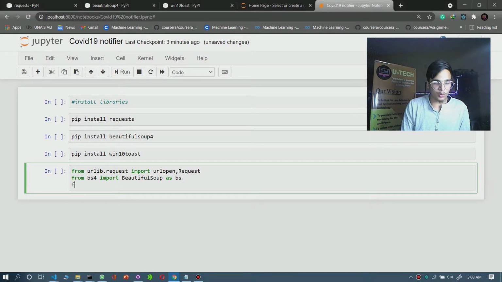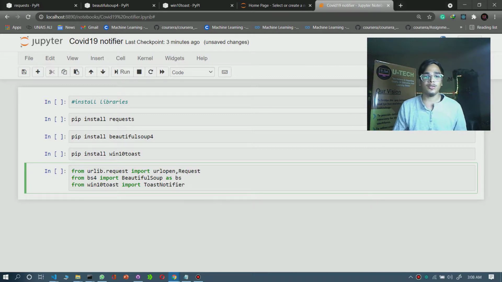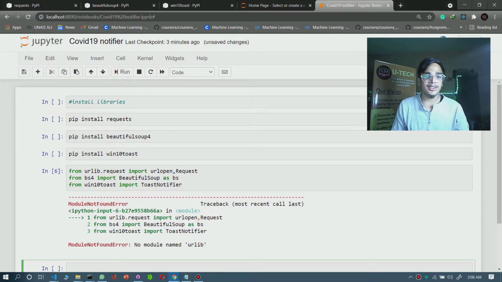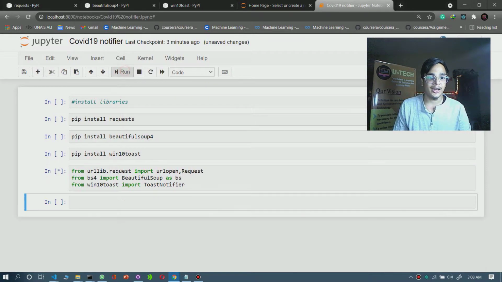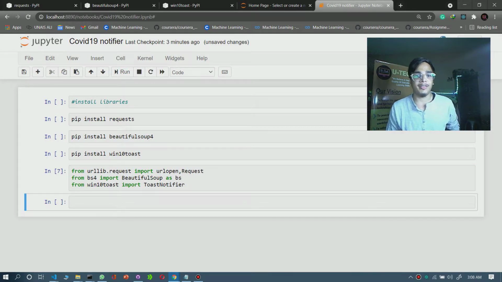After that, from win10toast, import ToastNotifier for the notification of COVID-19 current cases and active cases in a single click. Just run this cell. It gives us an error, no module named urlib, because I missed the double L. So here will be a double L, and now it will run perfectly.